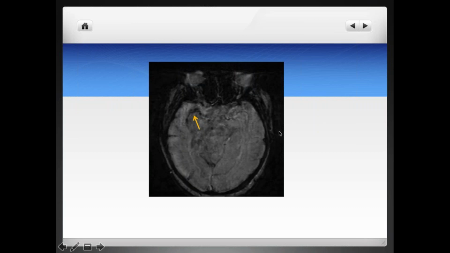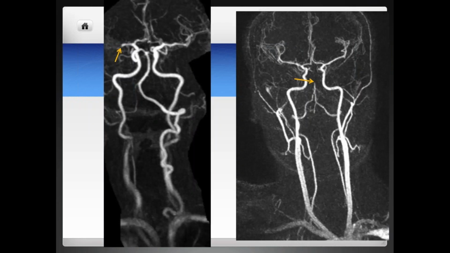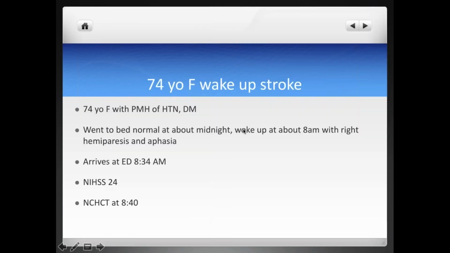Susceptibility sometimes is very useful in determining the actual presence of the clot. Some people have even used susceptibility to measure the length of the clot, which has been proposed to play a role in the outcomes or in the prediction of whether a patient is going to do well or not. So susceptibility can look directly at it. And finally, MRA. Of course, we can do a 3D time of flight MRA, which is a non-contrast MRA, and do that instead of a CTA in those patients that we think should benefit from it. In this case, we're seeing an M1 occlusion, and in this case, we're seeing a basilar occlusion using MRA.